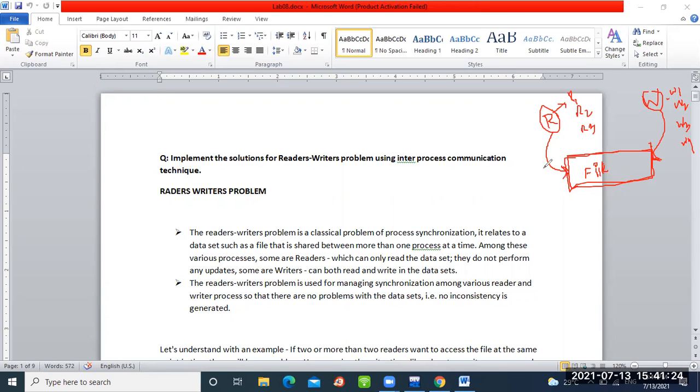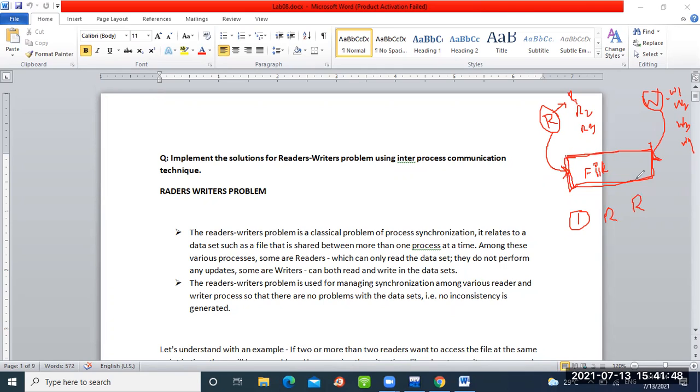We will not allow both of them to access the file at the same time. Fine. So at any instant of time we will allow only one of them to access the file. So here we will consider 4 cases. Case number 1, we will see reader and reader, that means at any instant of time 2 readers can be allowed. Yes, this is true.